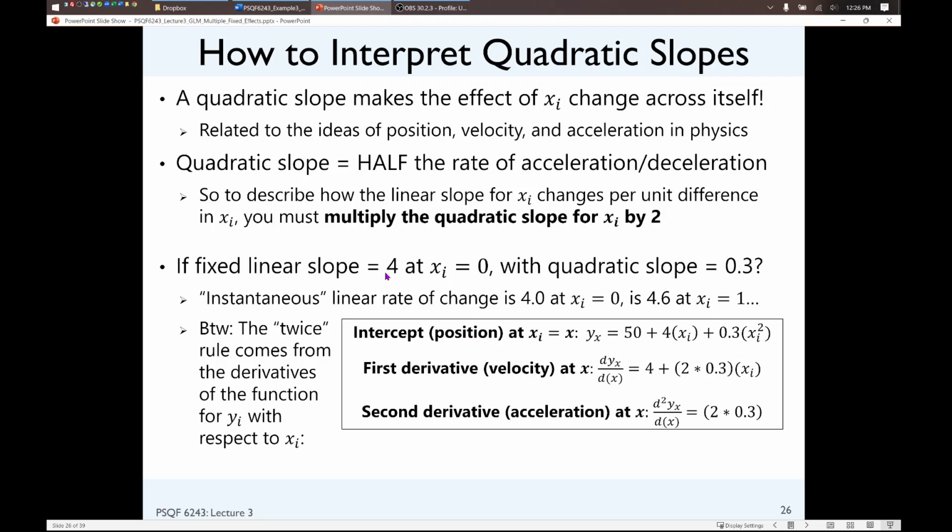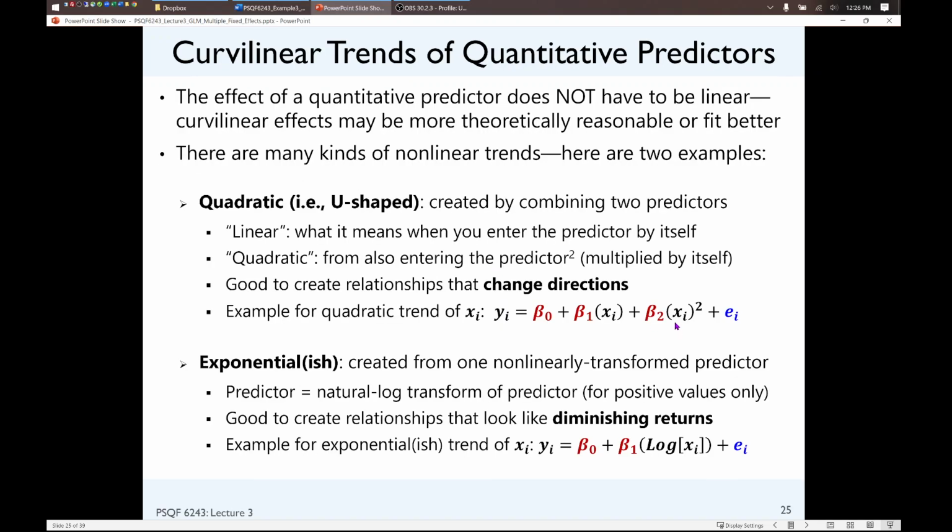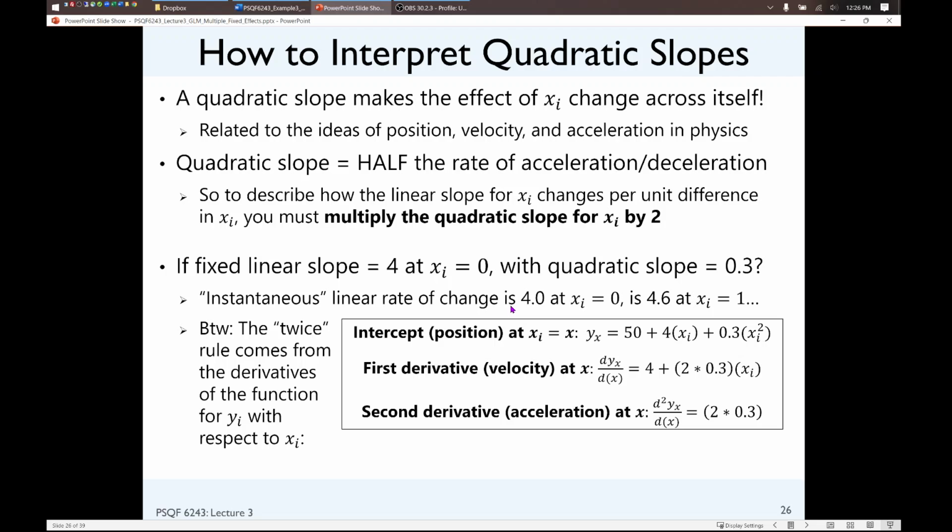If I have a fixed linear slope that is 4, and that is specifically at x equals 0, given the equation, because another way of thinking about a quadratic slope is that it's an interaction term of x with itself. Therefore, beta 1 becomes the slope of x specifically when x is 0, which is when the extra part would drop out. So if that is my situation, and I have a quadratic slope that was estimated at 0.3, then I could compute the expected instantaneous linear rate of change, as it is called, at each point along x,